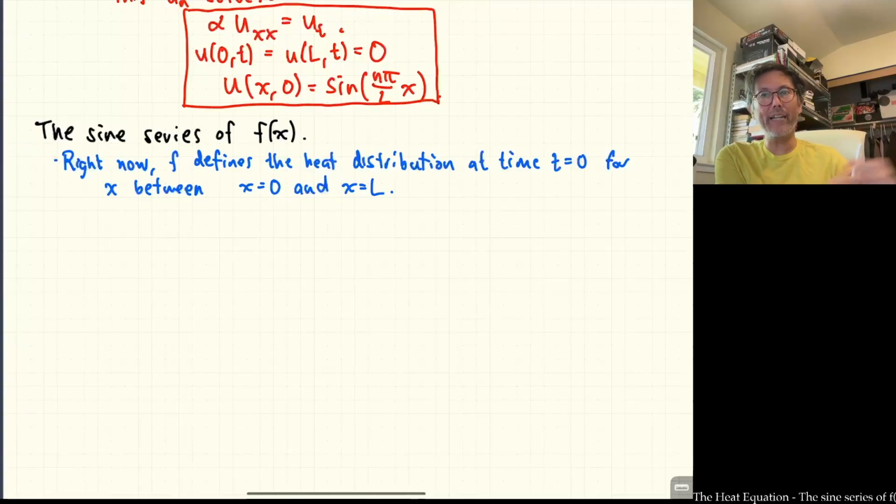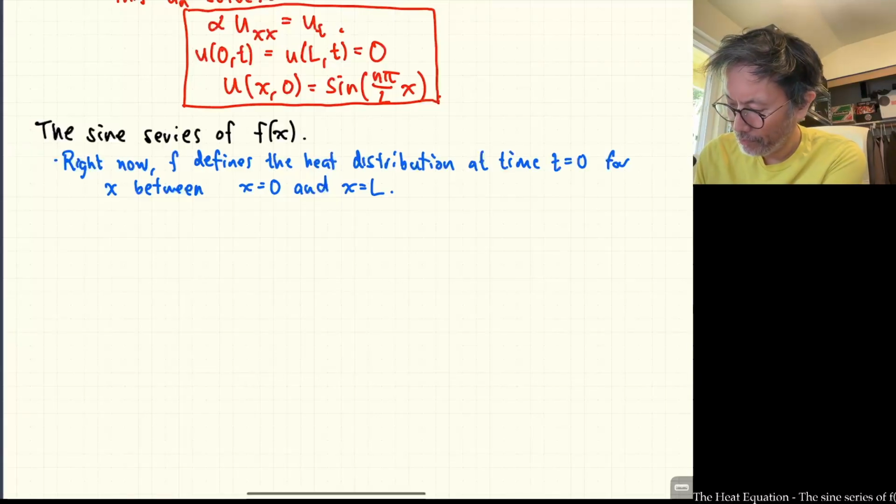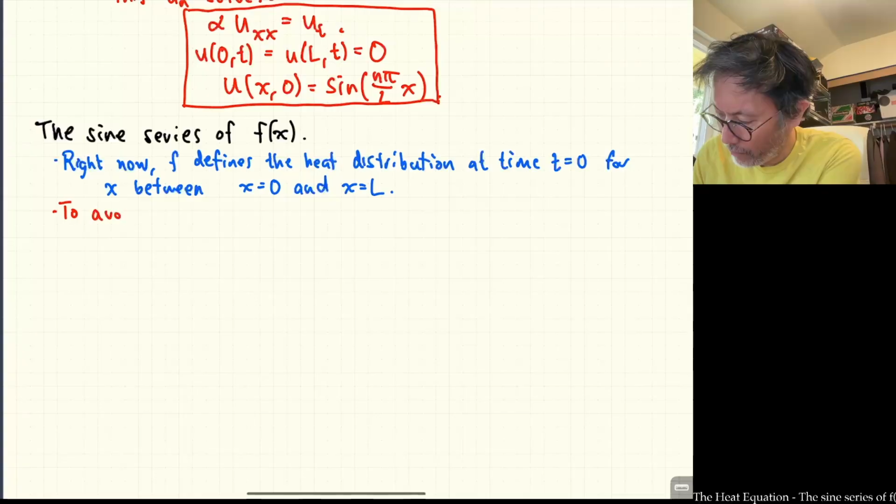There are the cosine n pi over L's, for example. How can I avoid the cosine n pi over L times x's and the constant term that we know appear in the full-fledged Fourier series? To avoid the cosine terms,